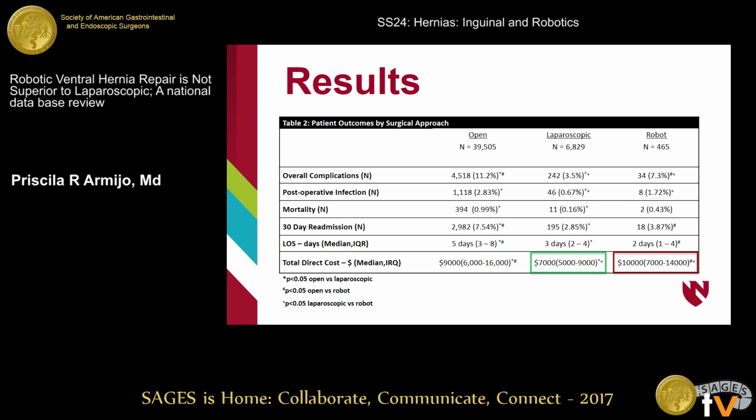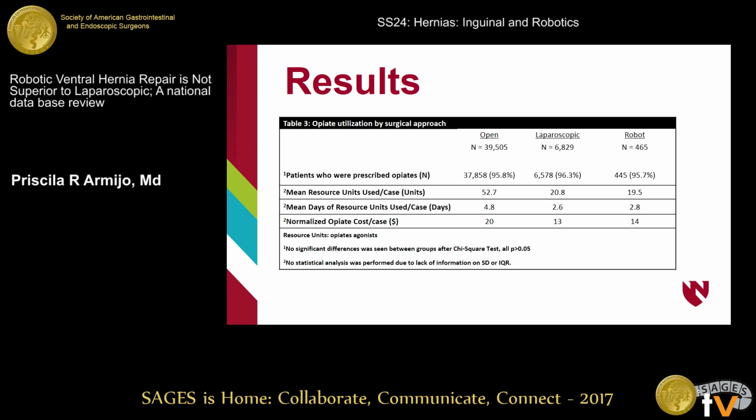Our cost analysis revealed that robotic was the most expensive group, followed by the open approach, and laparoscopy was the least expensive. VISIAN uses resource units as a methodology to account for opioid utilization in the database, so each drug has its unique unit variable. Our opioid utilization results showed that there was no difference in the overall absolute number of patients who were prescribed opiates during the intra-hospitalization. However,